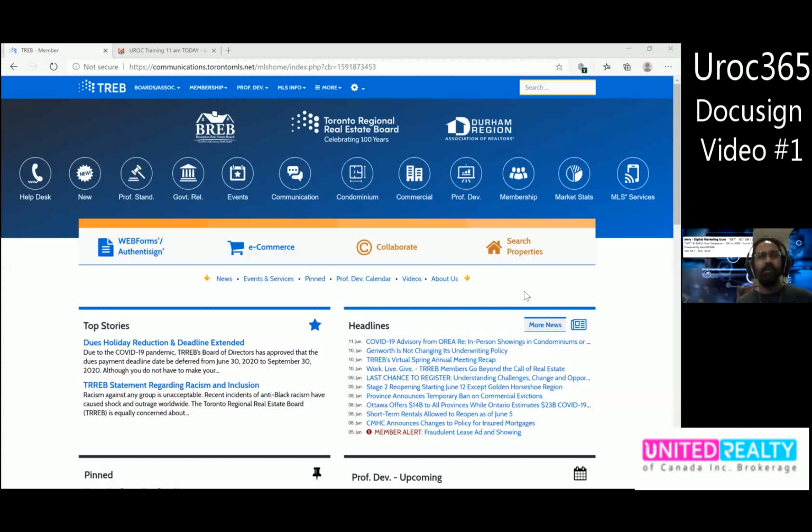Now we started. When you go to the TREB website or MLS website, you see that they have completely changed everything from last year. And you will see many boards coming. This is Brampton board, Durham region, which is a very strong board, and also Toronto Real Estate Board, which is in the middle of the,